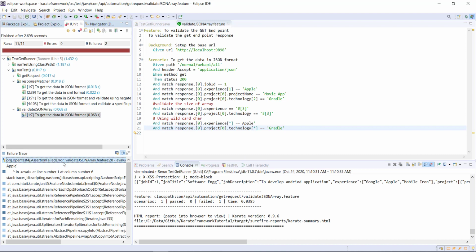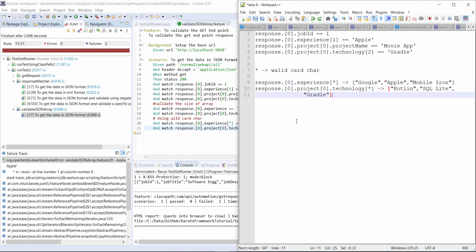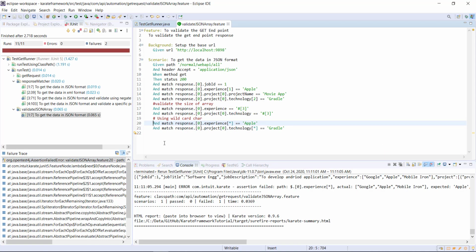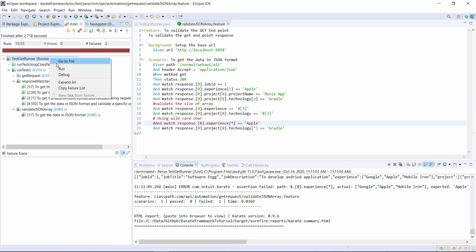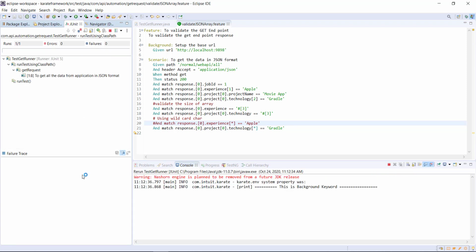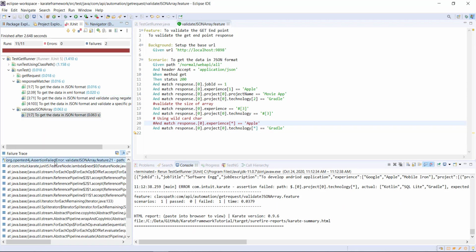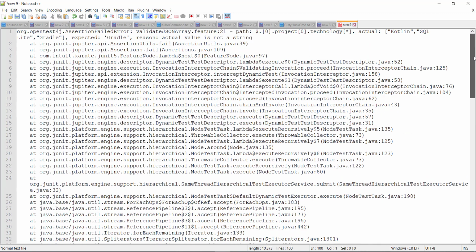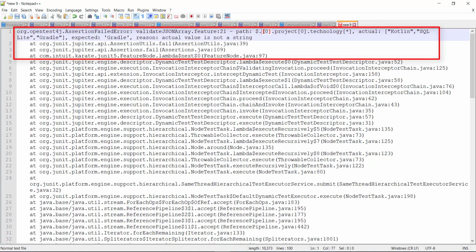So our test is failing. Let's observe the stack trace. From the stack trace, you can clearly observe that the value of this expression is a list in a specific order, whereas we are comparing against a single value. And let me comment out this line and rerun the test. And the same goes for this also. So for this expression, this is the list with the order, whereas we are comparing with a single value.